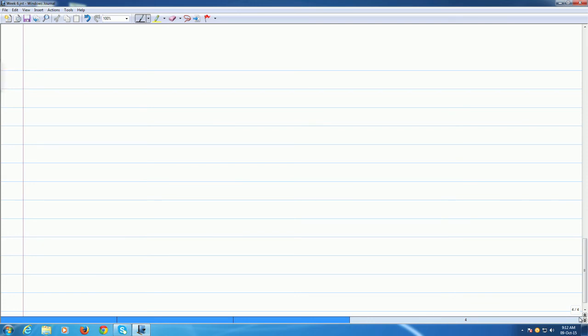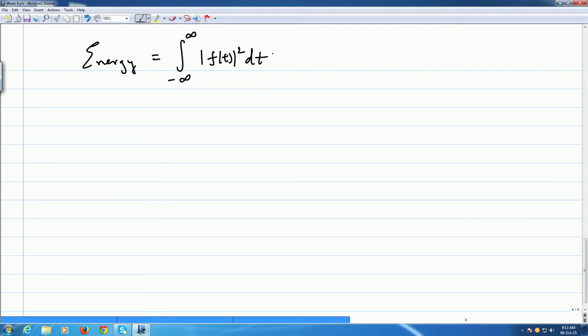Now, let me see what else I can look at. Okay, so, the energy of the signal, it is good to know definitions for the energy of a signal. Energy of a signal is defined as integral minus infinity to infinity absolute value of f of t squared dt. Okay. You can use this famous Parseval's relation, which says this is the same as 1 by 2 pi integral